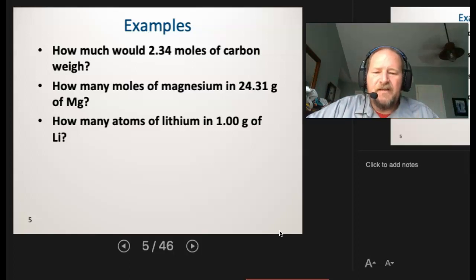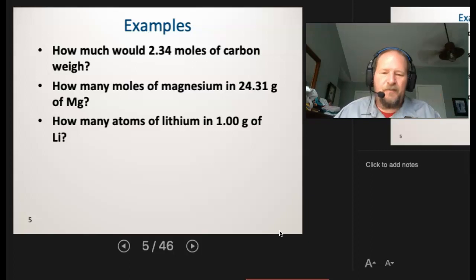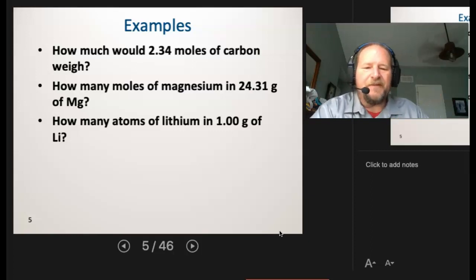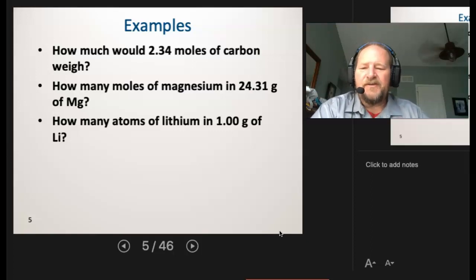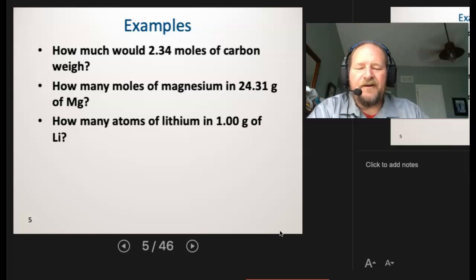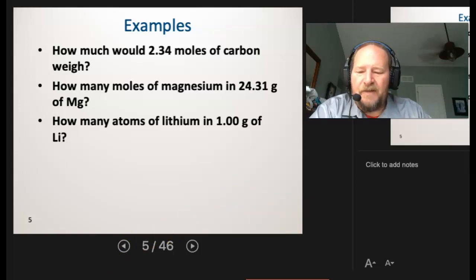Okay. So here in this question, I point this out because it's going to ask you to go from the top to the bottom and the bottom to the top of that chart. So here we want to know how many atoms are in the mass of 1 gram. So we're going to start with 1 gram, but we can't go direct, right? The only way to get